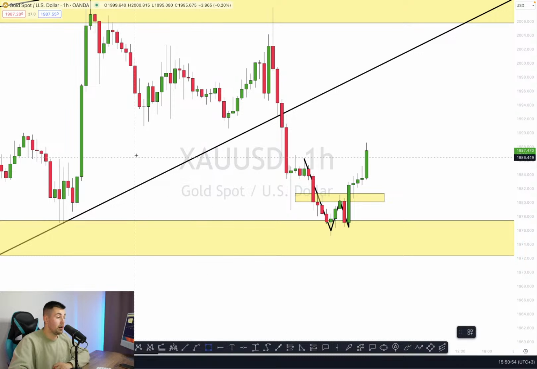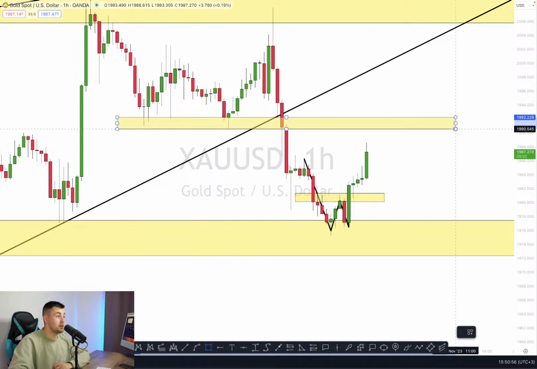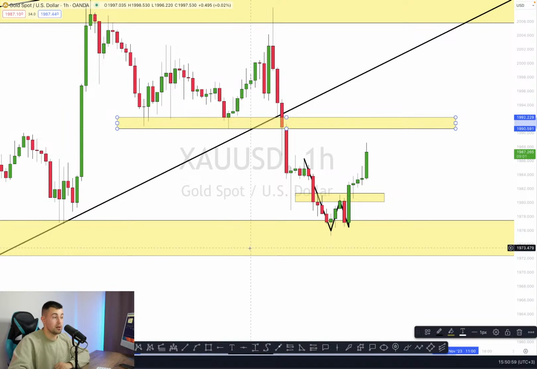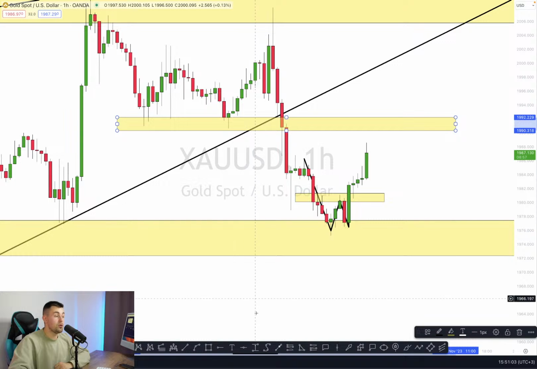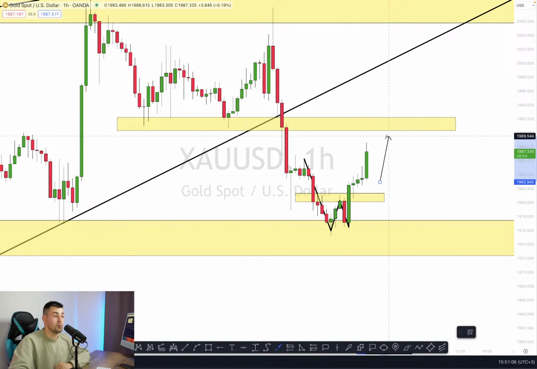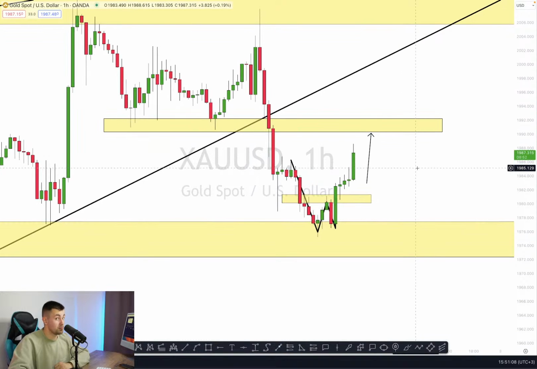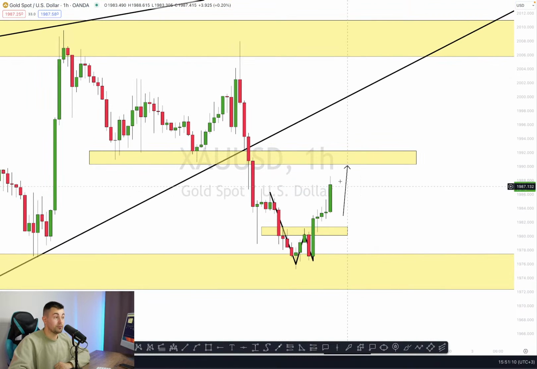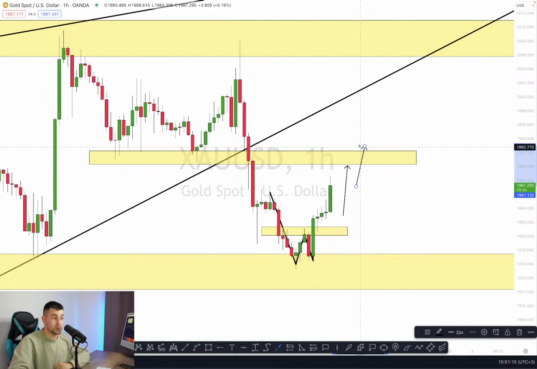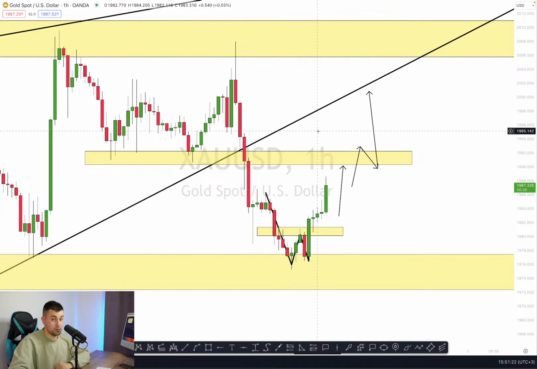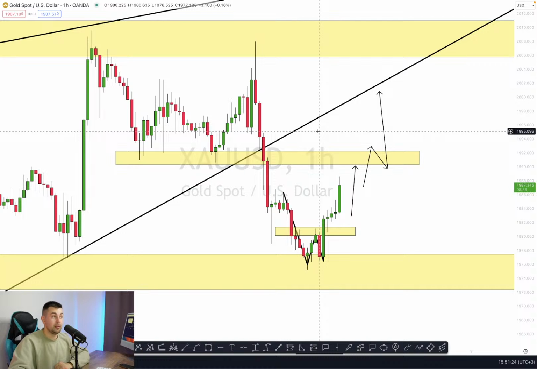So before the Fed, we can easily reach that resistance first. Yes, that can be the first goal for the buyers. So far, it is the closest strong resistance, so chances will be high that it will be reached. And then, if the price goes higher and violates that resistance, you can easily anticipate a bullish movement to the broken support of the wedge. Yes, that will be your next goal for the buyers.